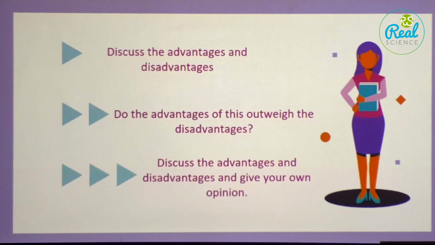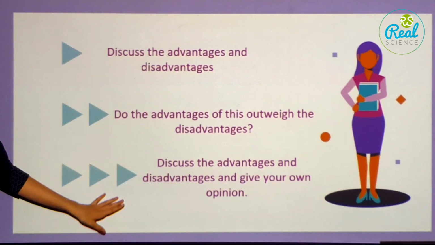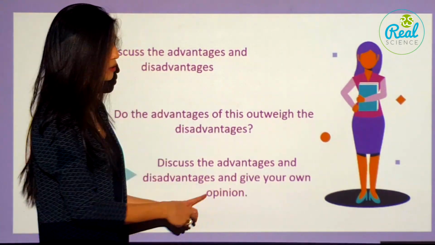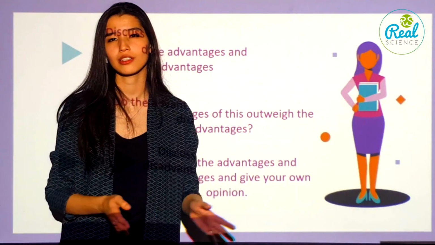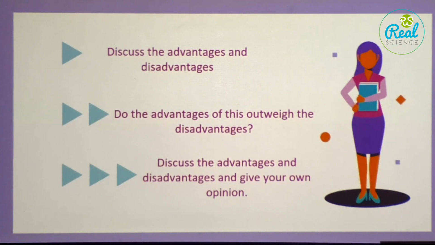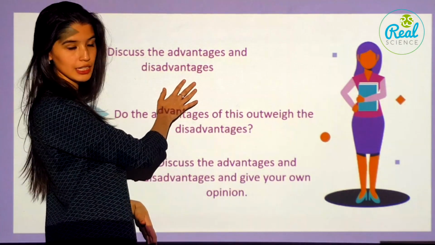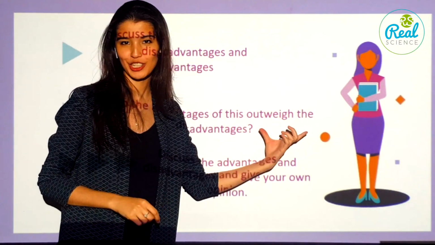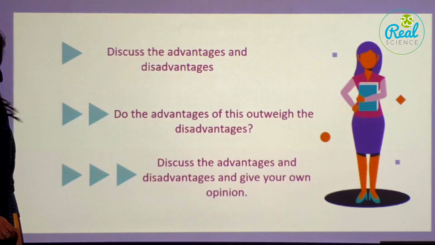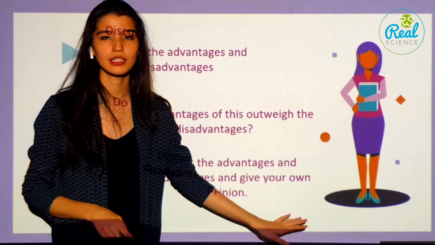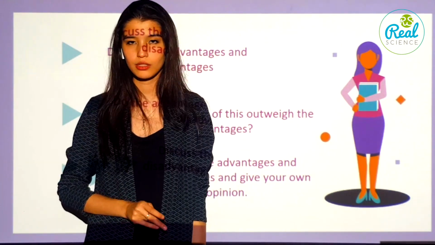So these are the types from easiest to hardest, not on complexity, but on the word count. You have to prepare, because in this one you have to write 3 paragraphs, and managing to write it in 250 words is a little hard. So first you just look at both sides. It's like a discussion essay, then it goes to the advantages outweigh. So that's what Becca and Jasmine mentioned. And the last one would be discuss and give your opinion.